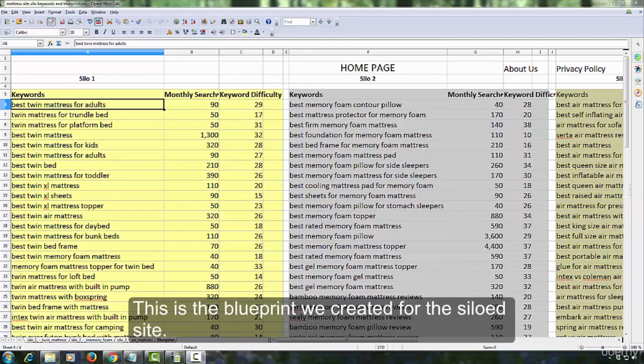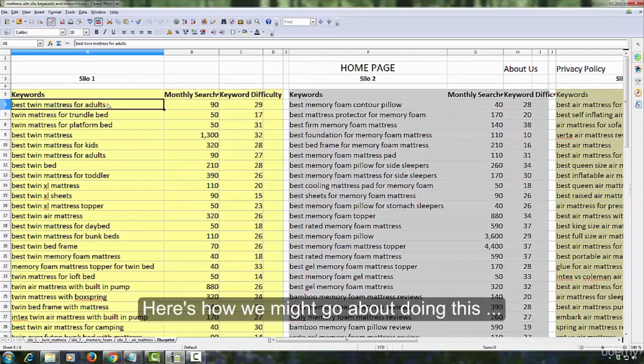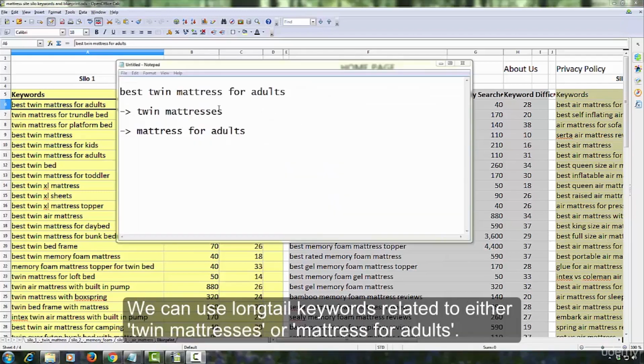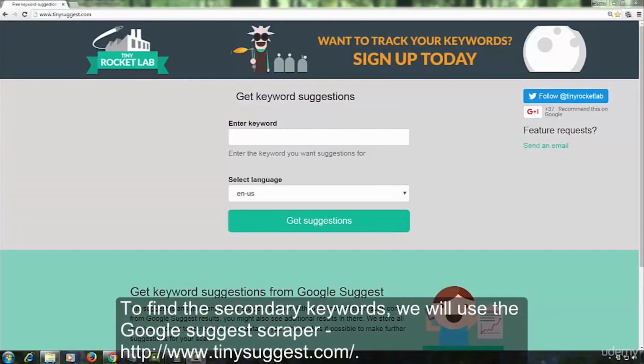This is the blueprint we created for the siloed site. Let's suppose we need to find a few secondary keywords for best twin mattress for adults. Here's how we might go about doing this. We can use long tail keywords related to either twin mattresses or mattress for adults. We need to make sure the keywords are relevant and are of low competition. To find the secondary keywords, we will use the Google Suggest scraper,